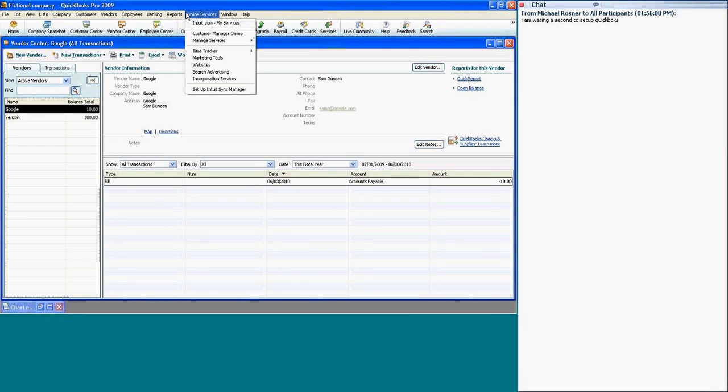We have myservices.intuit.com, Custom Manage Online, Managed Services, Time Tracker for managing time, search advertising, which we mentioned before on Google, and incorporation services. Okay, so in incorporation services,